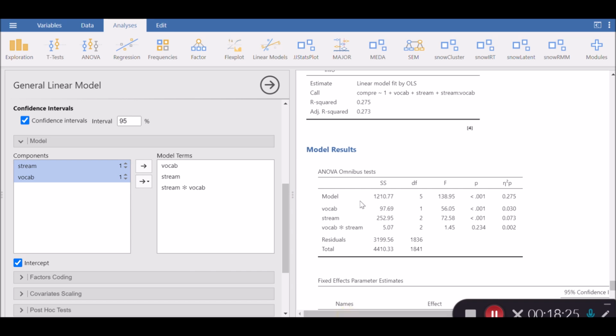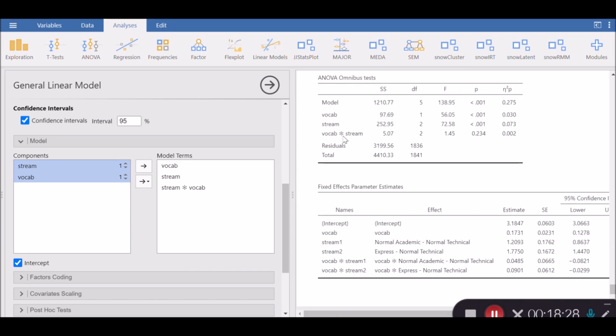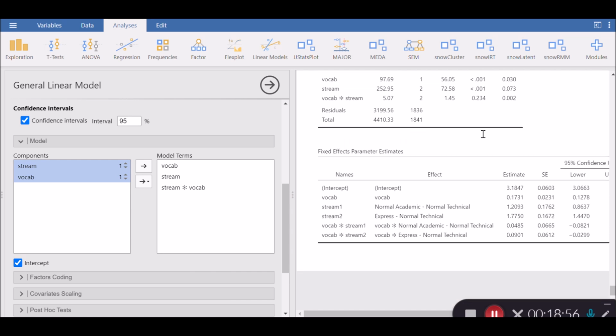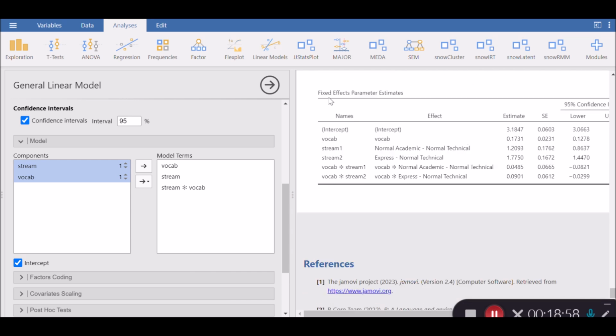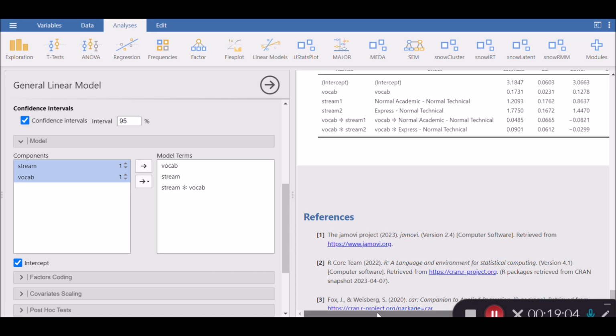The question is, as always, whether the interaction term between vocabulary and stream is statistically significant, which is not in this case, because the p-value is, as you see, much larger than 0.05, in other words, larger than our alpha level. So as a result, its partial eta squared value is small and doesn't make sense at all, because its p-value is not statistically significant. Finally, we'll look at the fixed effects parameter estimate window, and in this table we can see that